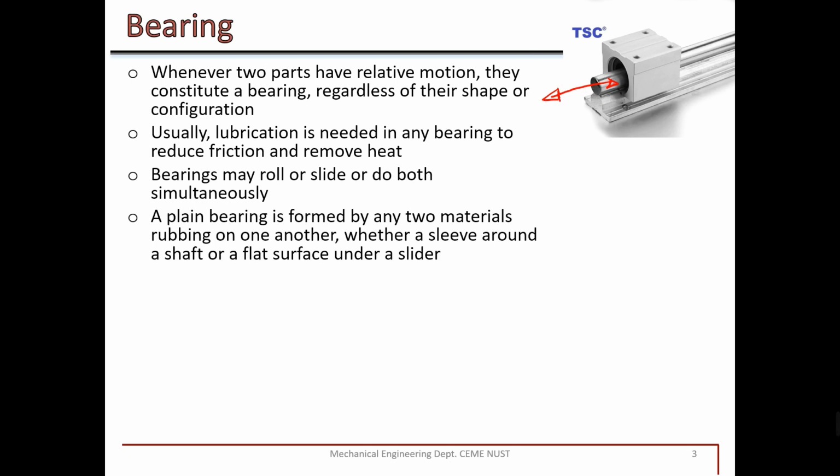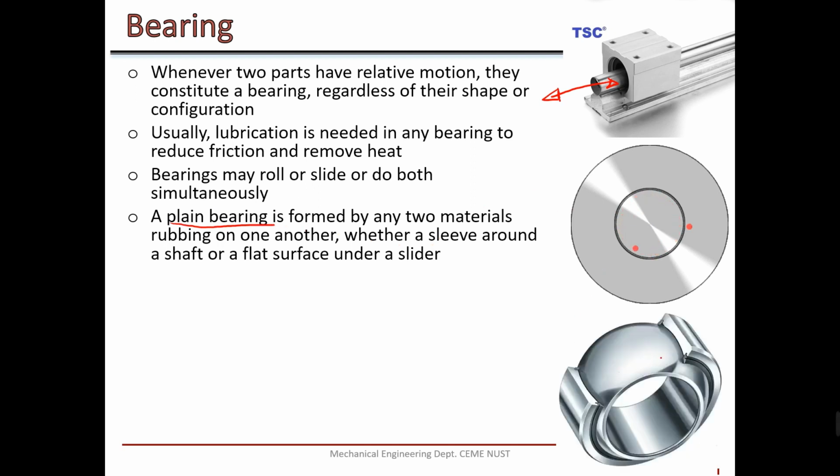There are two types of bearing. One is plain bearing and the other one is roller bearing. What is a plain bearing? Let's see, this external shaft is stationary, and the internal shaft is rotating with an RPM. Their surfaces are in contact with each other and lubricated, because metal to metal contact or motion induces heat. So we have to put some lubrication in this, and this contact can be a plain bearing contact, surface to surface contact, one moving surface on another stationary surface.